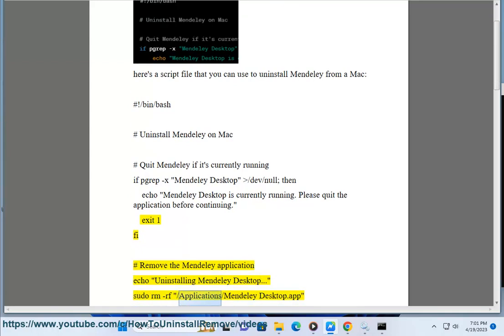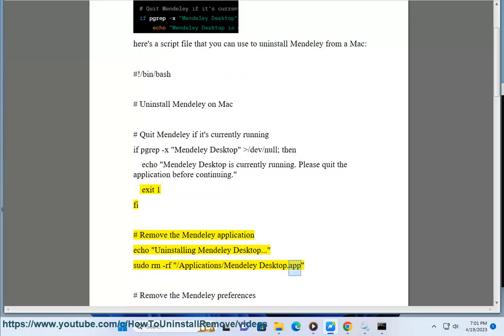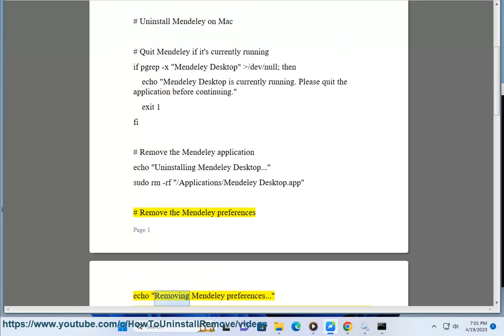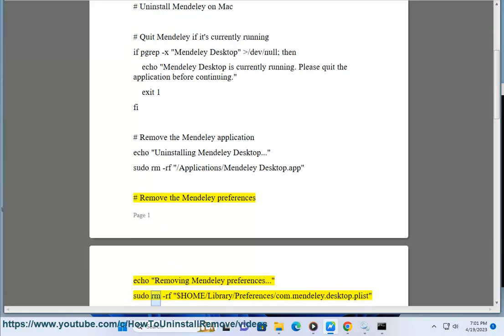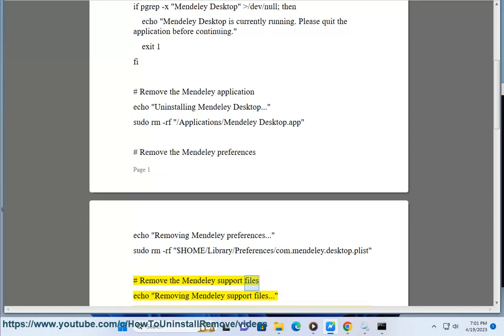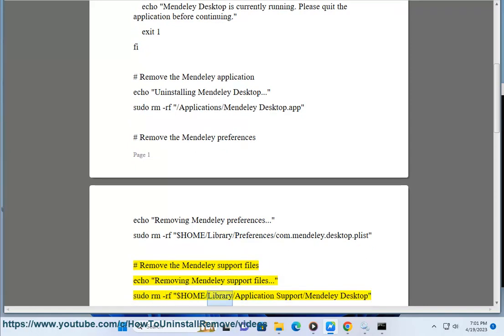sudo rm -rf /Applications/Mendeley Desktop.app # Remove the Mendeley preferences echo "Removing Mendeley preferences." sudo rm -rf $HOME/Library/Preferences/com.mendeley.desktop.plist # Remove the Mendeley support files echo "Removing Mendeley support files." sudo rm -rf $HOME/Library/Application Support/Mendeley Desktop